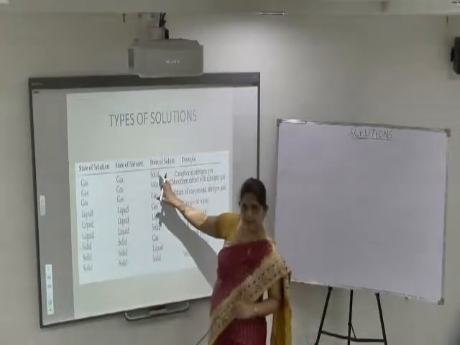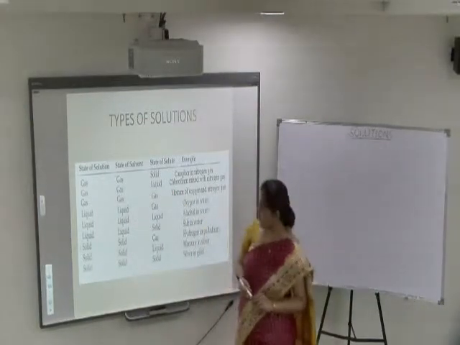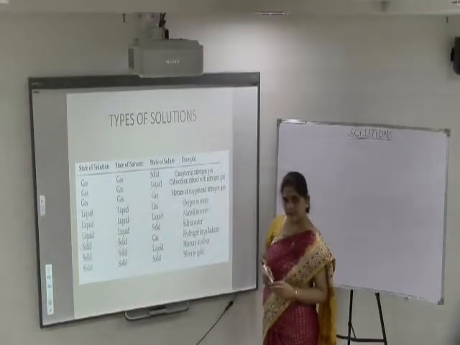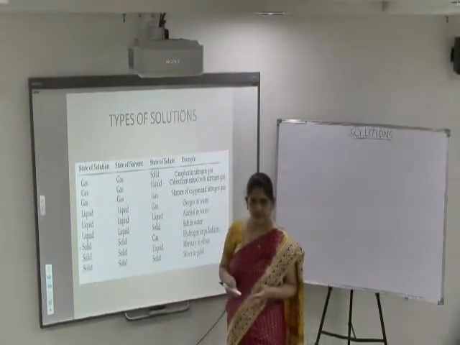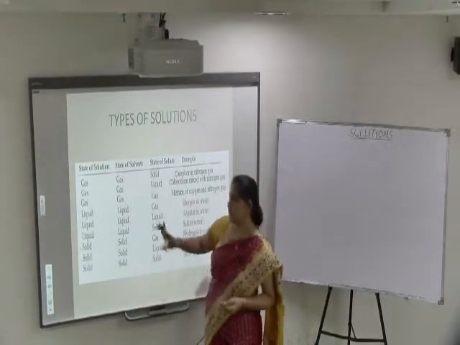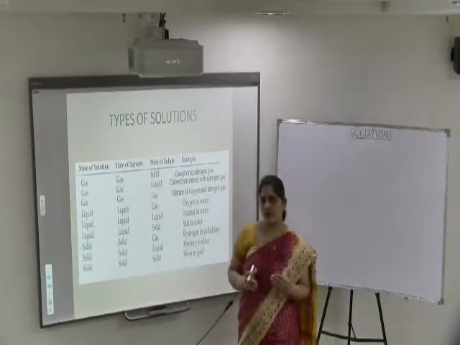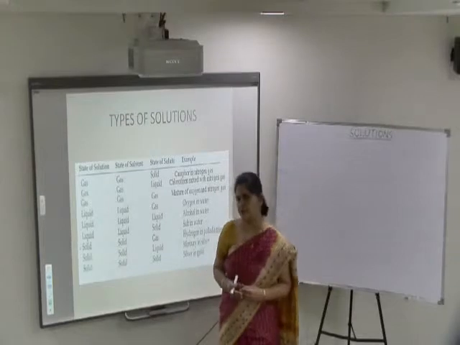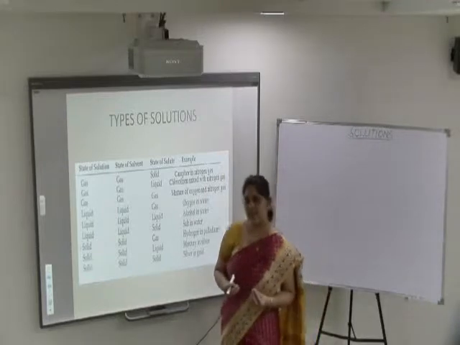The first example given here is solid in gas solution, where the solid is the solute, whereas the gas is the physical state of the solvent. An example is camphor in nitrogen gas; any sublimable substance present in any gas comes under this category. The second type of gaseous solution is liquid in gas. That means the physical state of your solute is liquid, whereas the solvent is gas and the resulting solution is in the gaseous state. Again, when you talk about liquid in gas, it is any volatile substance.